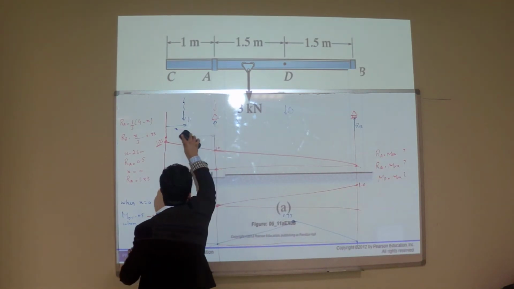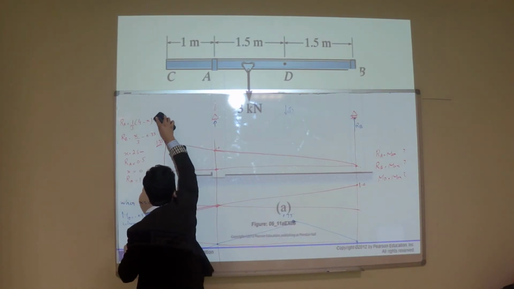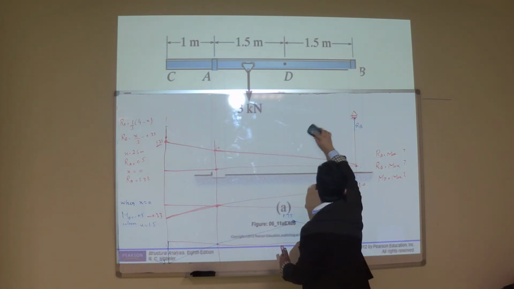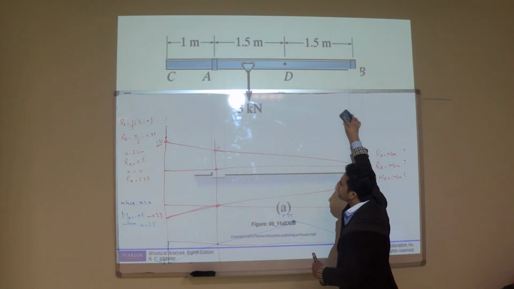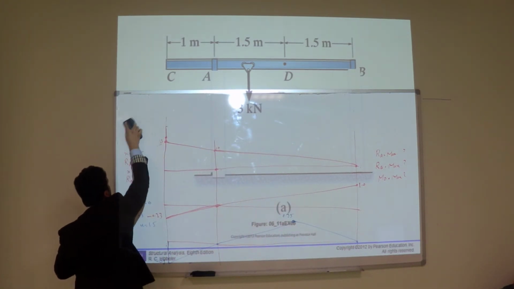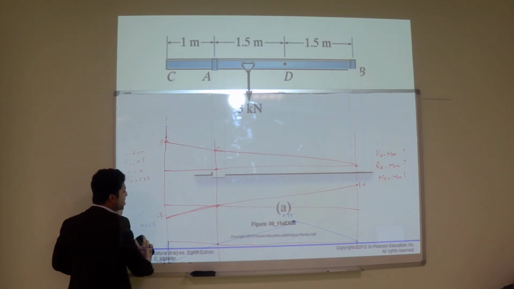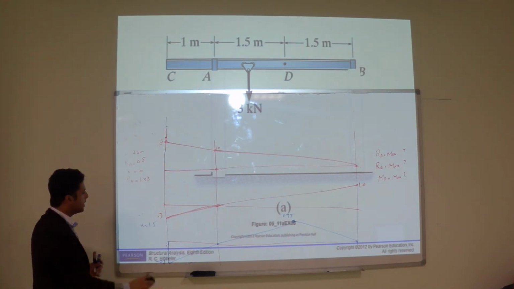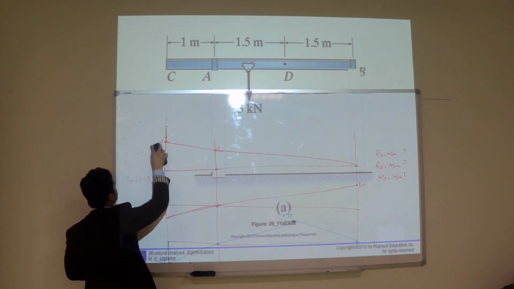So now we have the influence line diagram. I'm going to erase all these things. Next part is very easy. Next part is very easy. Just you have to put your concentration. Tell me